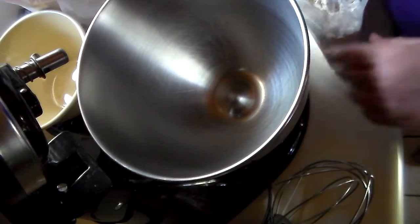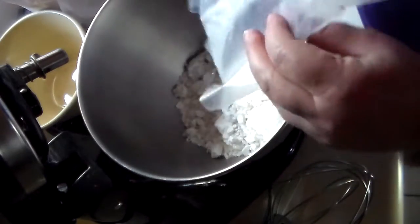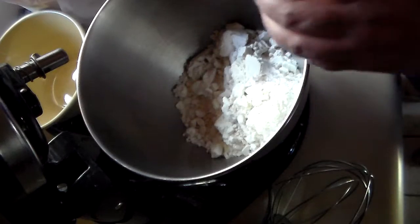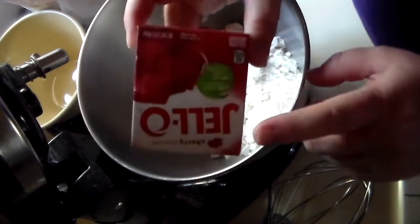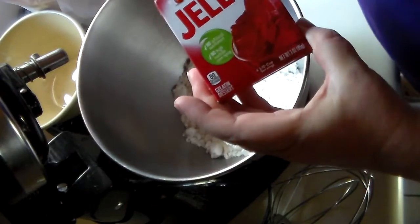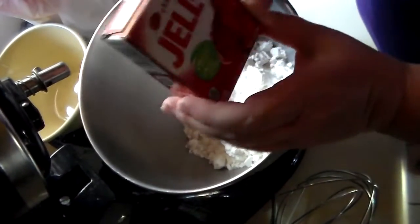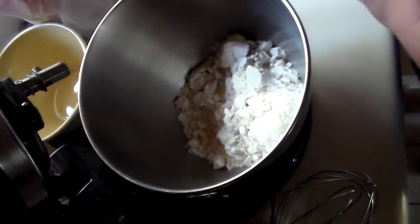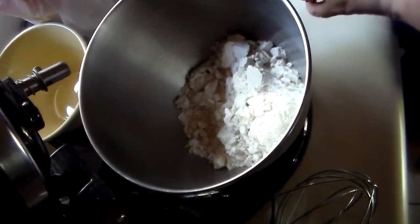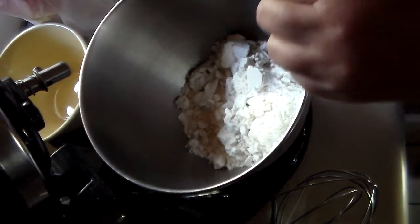So we're going to take a white cake mix, and you can use any brand. I think they're $1. This is not a very expensive dessert at all either. We're going to take a box of Jell-O, and this is the 3.4 ounce gelatin. We're going to pour that in, which this is going to give us our